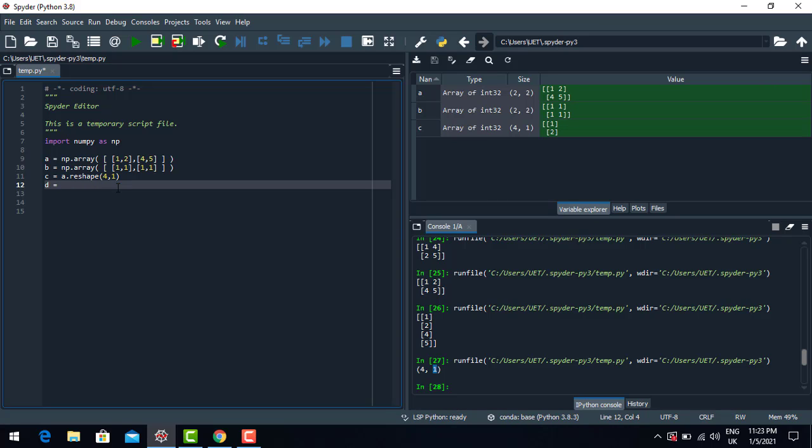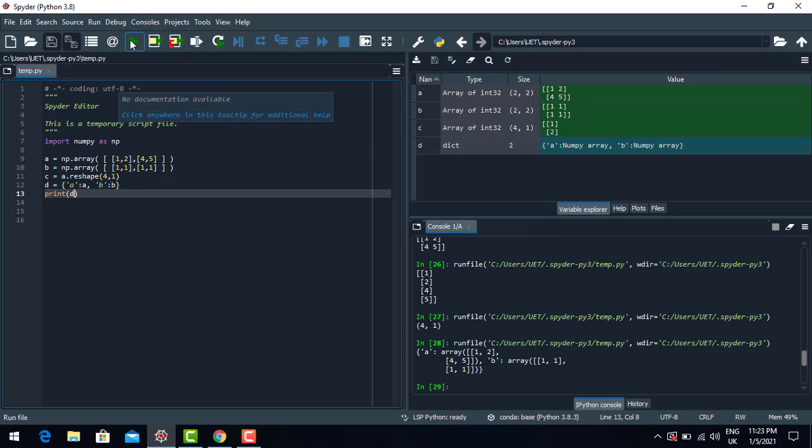So say for example I have dictionary D. Let me store matrix A with key A and matrix B with key B. So let's print this dictionary D, and you can see that the key A contains the value, and the value is not a single scalar value, but it is a matrix, 2 by 2 matrix, 1 2 4 and 5.